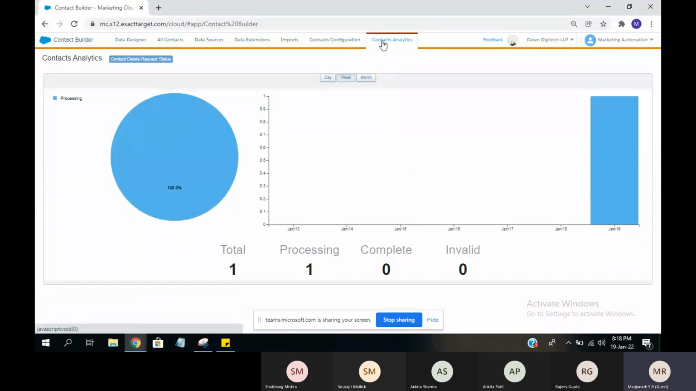If you see the contact analytics, it's a report. We can see the complete report. I have initiated only one delete function, which is presently processing. Once that is completed, it will show in this place. If in case the deletion fails for some other reason, at that time it will mark it as invalid. Basically, to establish the deletion, that table